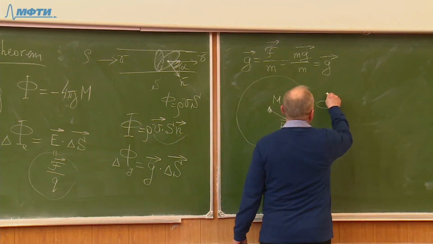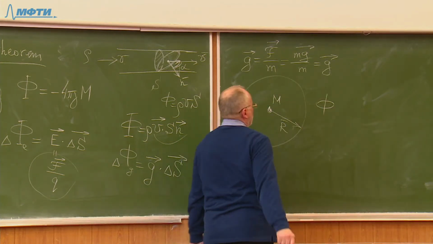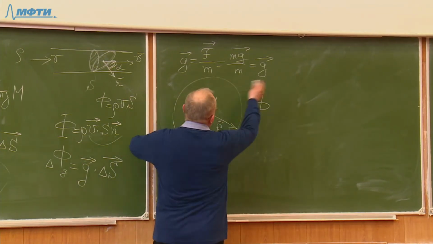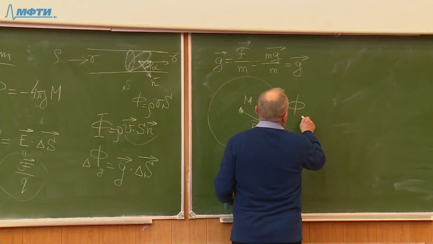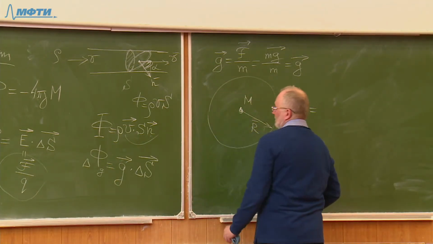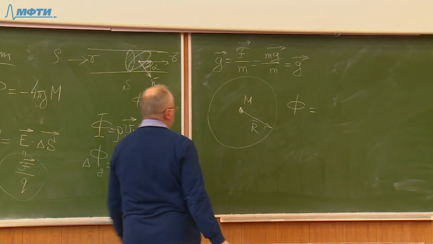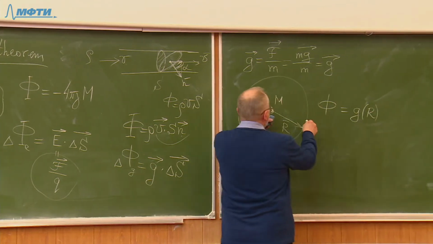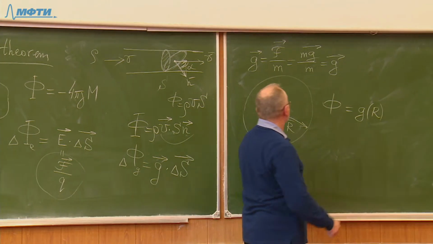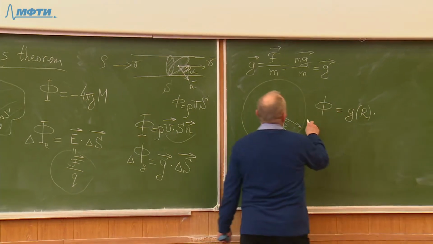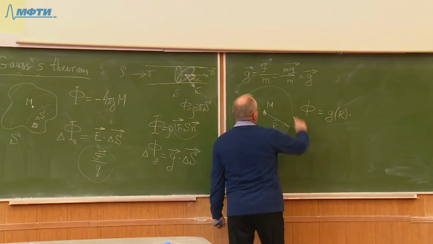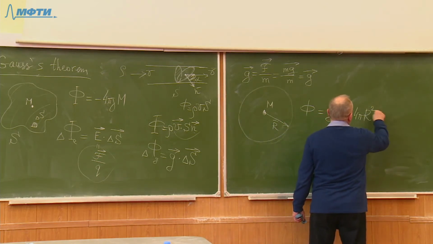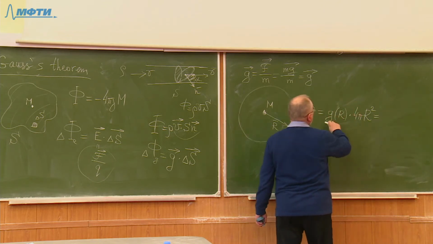Then the total flux of gravitational field strength through this spherical surface will be equal, according to this definition, to the acceleration of free fall at the distance r from the central mass times the area of the spherical surface, which is 4 pi r squared. And we have to take